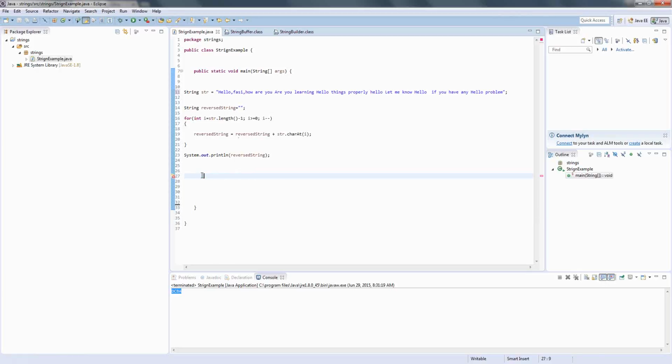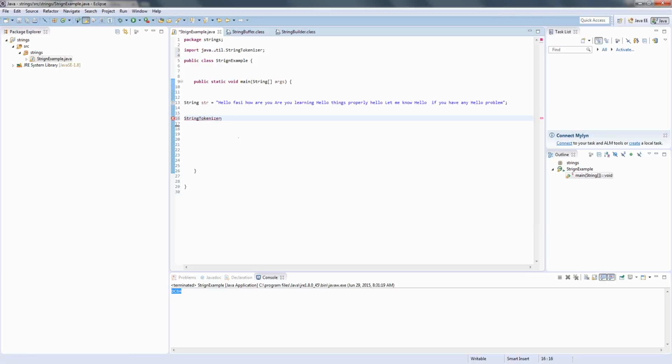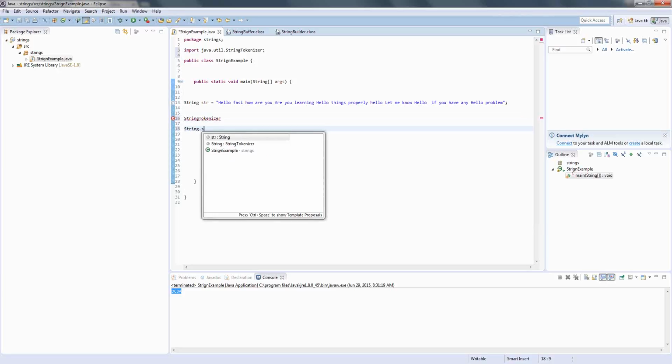So here I am asking you that we will be using the delimiter as space. And I need to print each and every word and find out how many hello world words are there. Now how can we achieve that? There are two ways in which you can do it. There are two methods through which you can do it. There is a StringTokenizer class, and there is the dot split method in a string. If I write str.split,